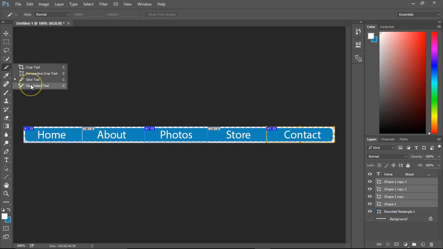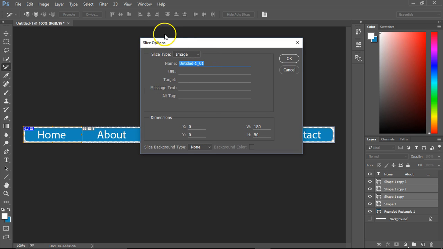Now I got to get my slice select tool, select the slice, double click on it, and write home. So the name of it's going to be home, and when I save it as a JPEG or a PNG, it's going to be home.png. If I didn't, it would be named Untitled-1_01.jpg. It's up to you how you want to do it. It's easier if you name it so that you can find it when you go in your files. Go for it. About,